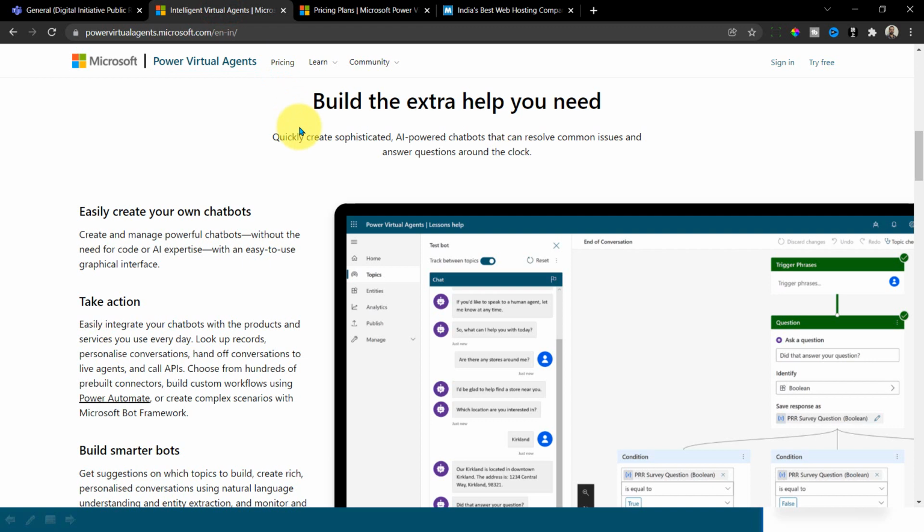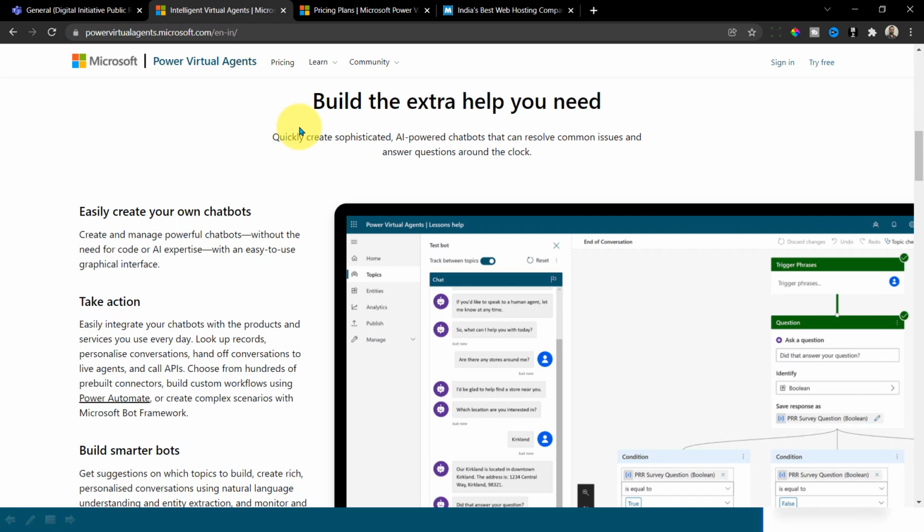In that case, Microsoft Power Platform has brought up Power Virtual Agent, which behaves the same way, with the additional advantage of Microsoft security and the Power Platform capabilities. We can easily build a chatbot with low-code or no-code features.